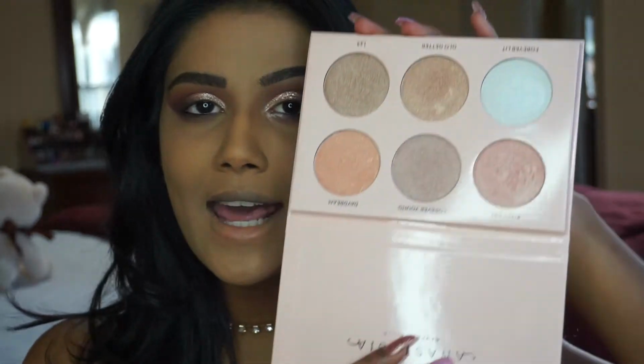So for my inner corner and brow bone highlight, I'm going to be taking the Nicole Guerriero and Anastasia Beverly Hills collaboration. This is their highlighting palette. And I'm going to be taking Kitty Cat, which is actually...